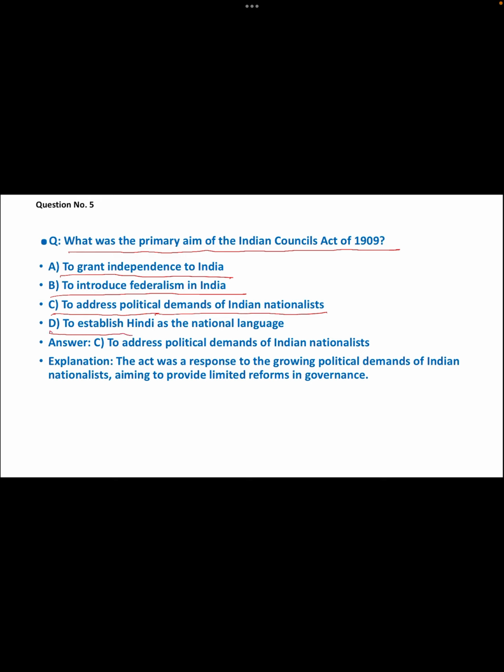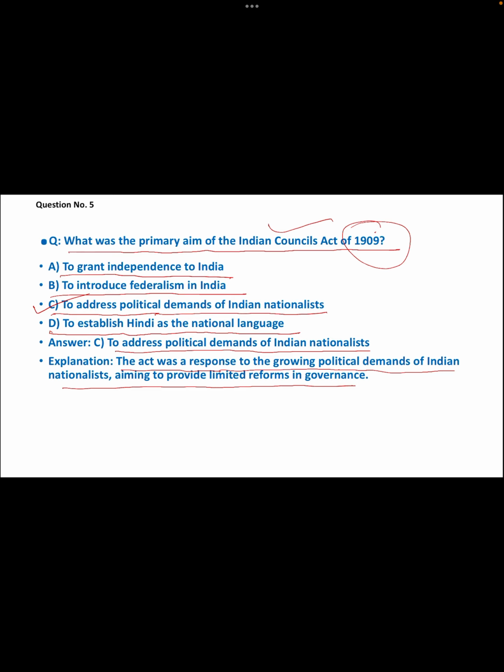D, to establish Hindi as national language. So the right answer is C. It is basically to address political demands of the Indian nationalists. So the act was a response to the growing political demands of Indian nationalists, aiming to provide